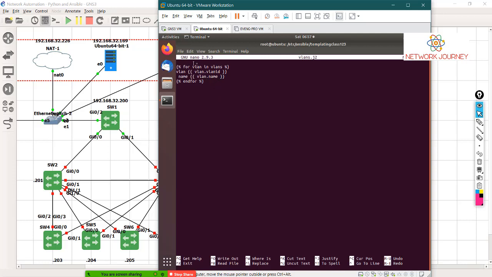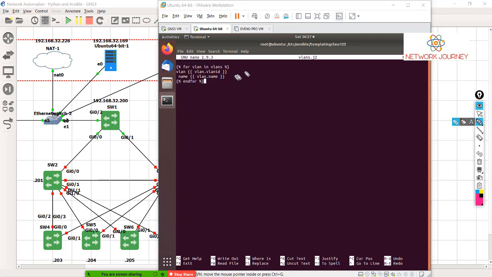Okay, so what is what? This is a variable. This is again a variable. This is a condition. Now let me tell you what is happening here. In this particular Jinja template, I say make use of this VLAN as a variable in VLANs. Now this is something which you will be defining in that third file. You're making use of VLAN, and you're having something called VLAN ID and name. That's again somewhere here, and you're closing this.